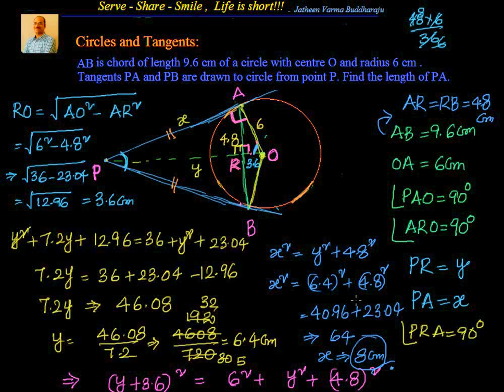Just before wrapping up this session, next session we will continue with more examples related to circles and tangents. To summarize what we learned in this session: what a tangent is, the number of tangents we can draw, the relation between the tangents, the angle included between the tangents, and the angle between the line drawn from the center to the point of contact. And we have used these concepts to solve some simple examples.